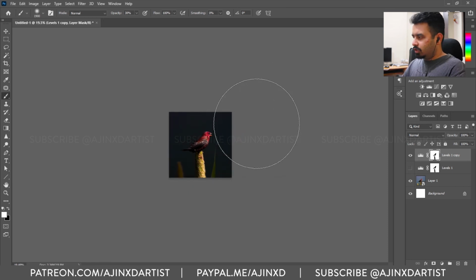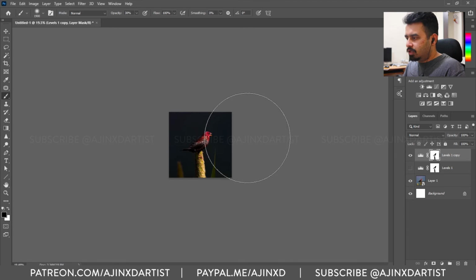So what we are doing now is just erasing the part where there should be light coming into the image. In this case it's the right side, so we'll just lightly delete some of this.